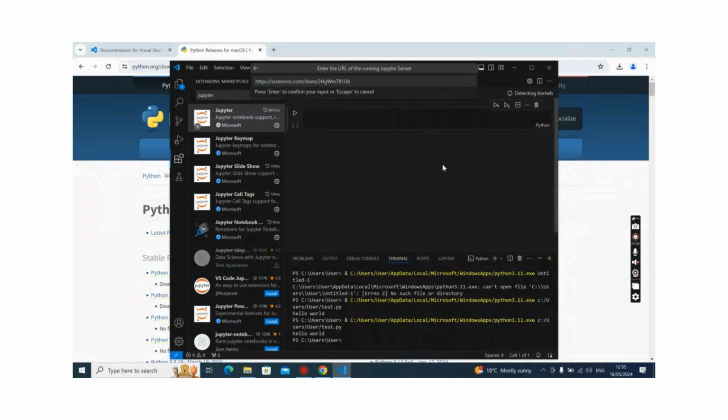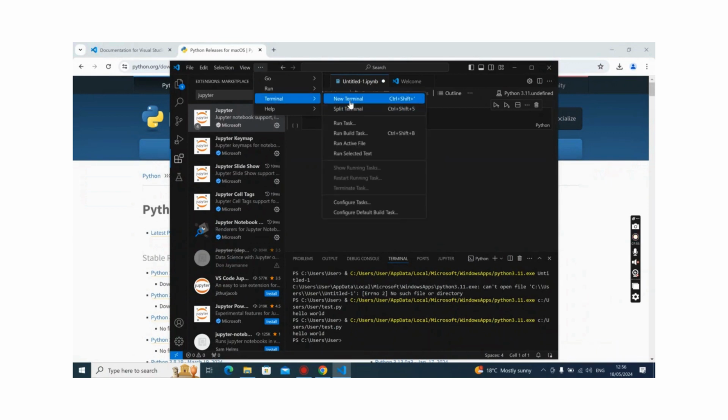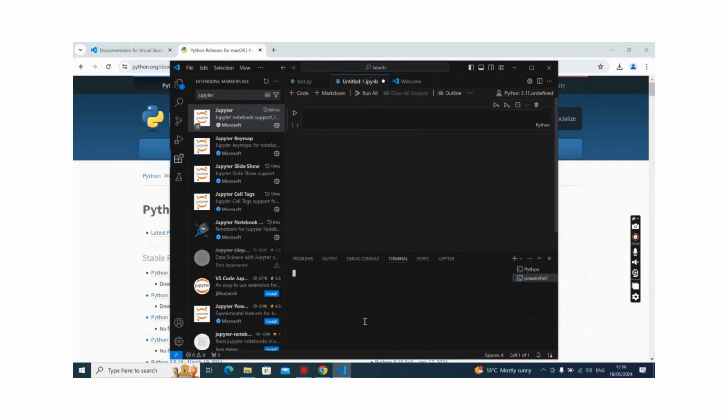So in order for us to be able to install the kernel, we need to install. Jupyter has been installed again in the software, but we need to install the kernel on our computer. So let's install the kernel. The kernel is simply, you can look at it as a server. So if we go to new terminal,